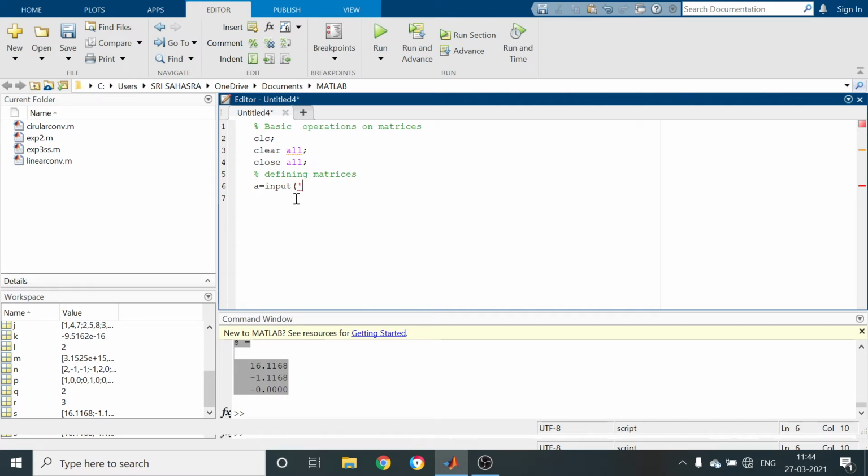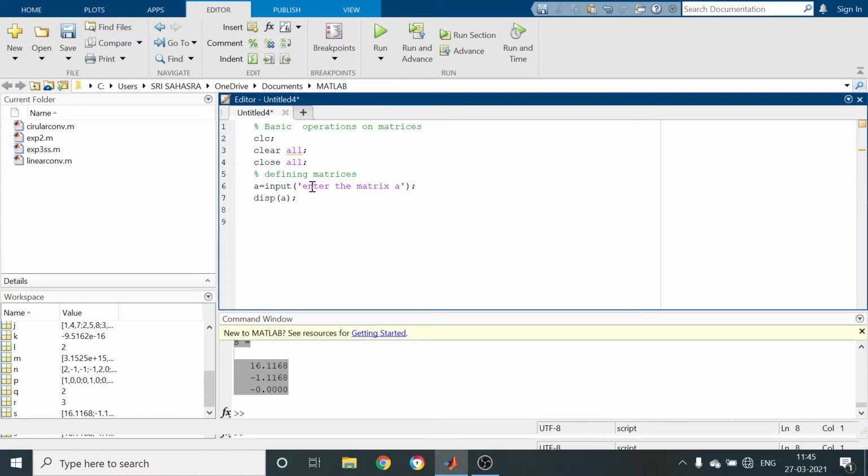You have to start with: Enter the matrix A. Then A equal to input. After that, I have to use disp, to display the A matrix. Disp A.